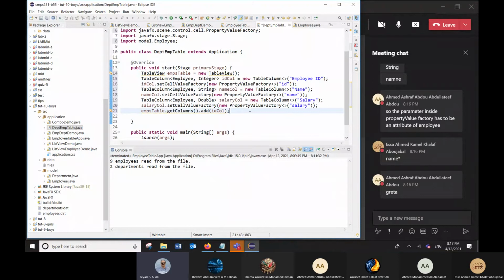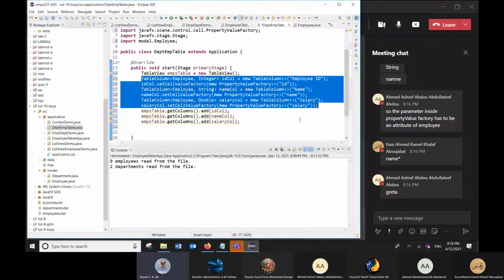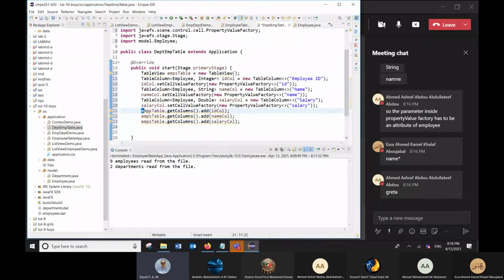I will add the three columns in the same order. Second one will be the name column. Third one will be the salary column. So now I created a table view, created three columns, linked them to our data, and added the columns to the